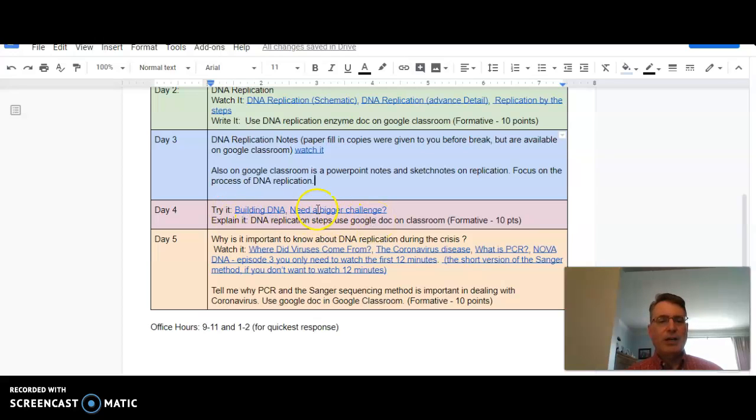So there's a couple of websites here where you can actually build DNA molecules. The first one's a pretty simple one where you're just matching the correct letters. And if you want a bigger challenge, you can do the second one here. That's an interesting one. I was not very successful at doing that. You might try and see how well you can make DNA and see if you can make fewer mistakes than